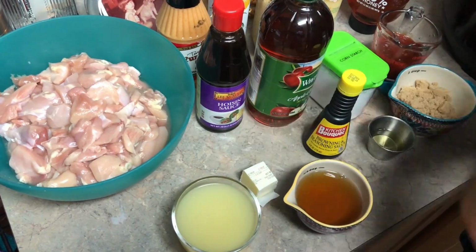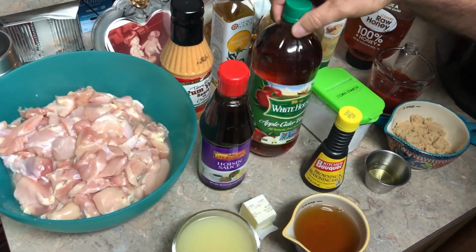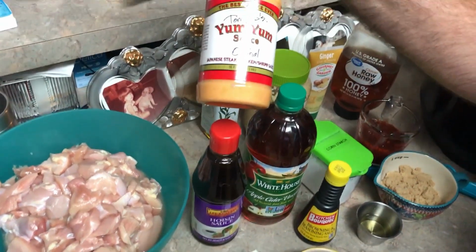You need some salted butter. You need hoisin sauce, apple cider vinegar, yum yum sauce,